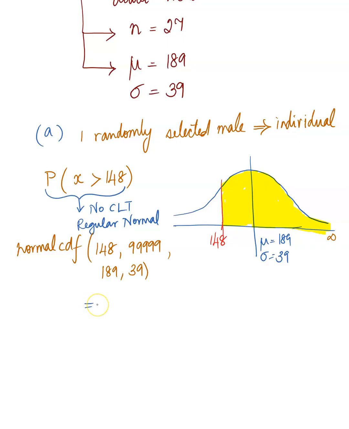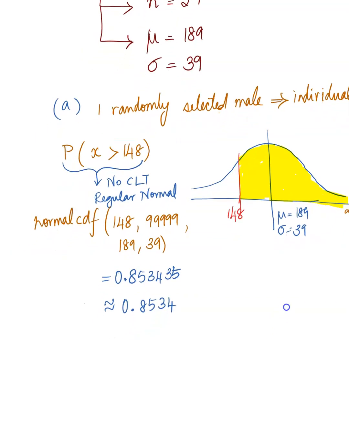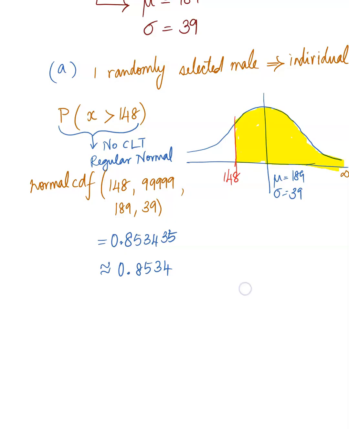So we get back 0.853435 and so on, but we like to round it to 4 decimal places. 0.8534. Okay. Now if you used your table and did it manually, I believe the answer is 0.8531. As I mentioned, it's due to those rounding errors. So what we will come back and conclude is that,